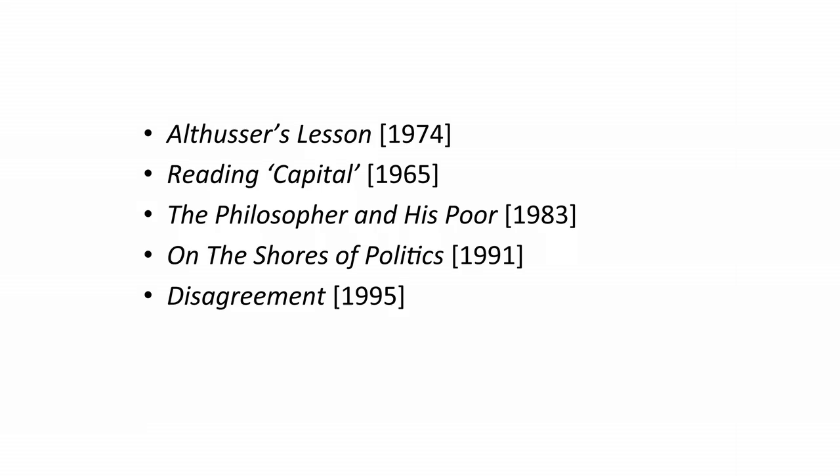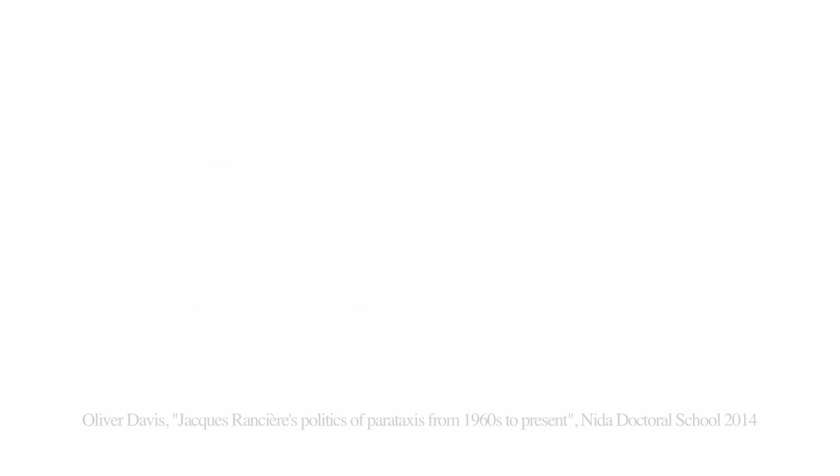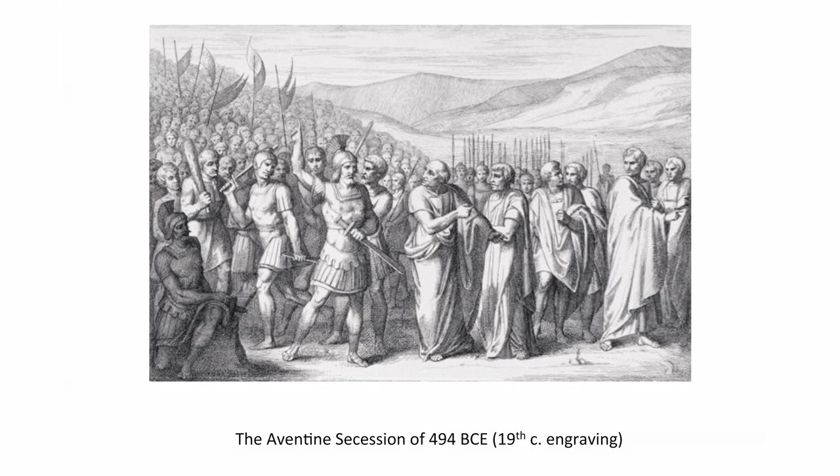So I've spoken already about the presumption, the verification of equality in the pedagogical encounter, but what we also learn in these books is that the declaration of a presumed equality plays a crucial role in emancipatory political struggle. So these books, one of the things they do is they retell stories. They retell stories of uprising. And one of the uprisings on which they focus very particularly is the Aventine secession in ancient Rome around 500